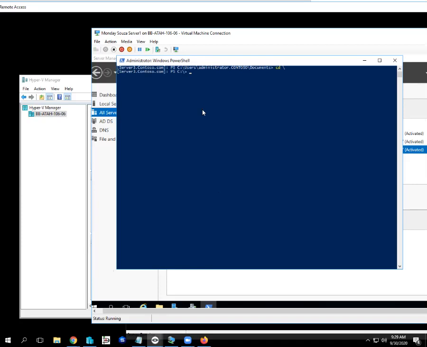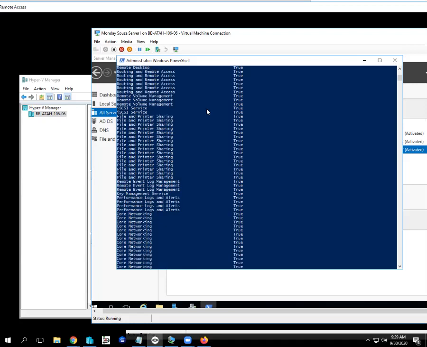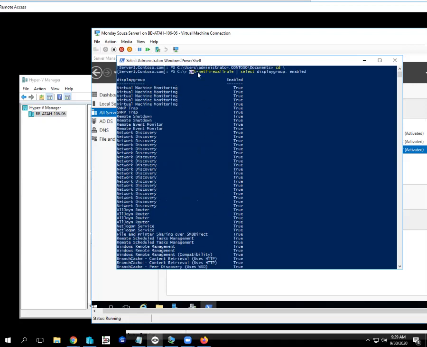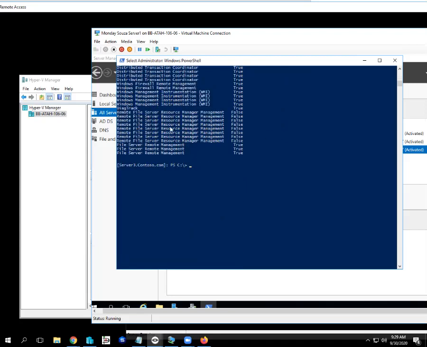So I'm going to PowerShell connect to server 3, Get-NetFirewallRule, and I'm going to select display group and enabled. That's probably a command that you just want to have written down in notes somewhere, is how to list all of the stuff, because that's likely something you're going to run into. So getting that firewall rule, I find that yes, he apparently installed the remote file server resource management